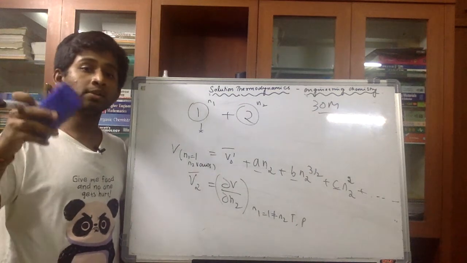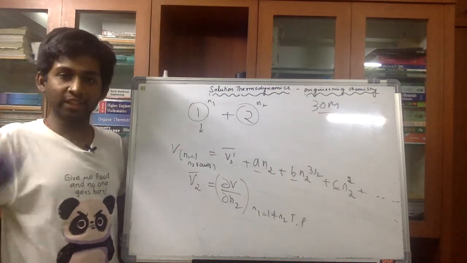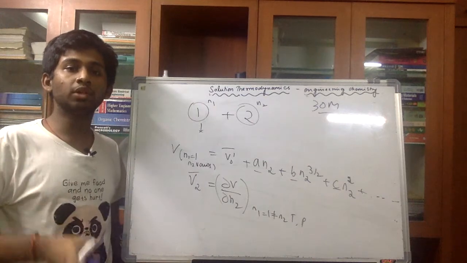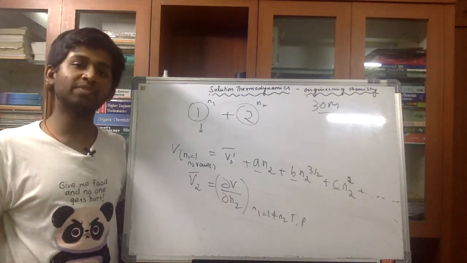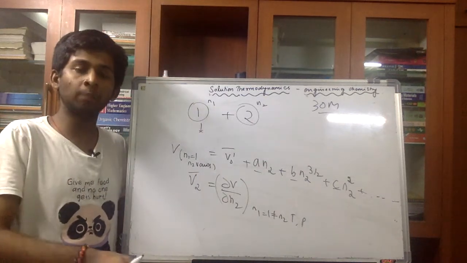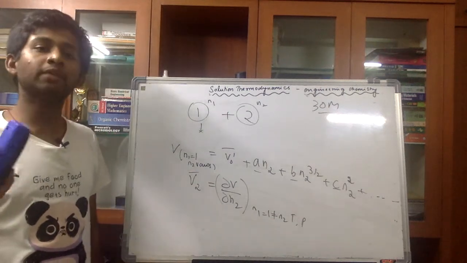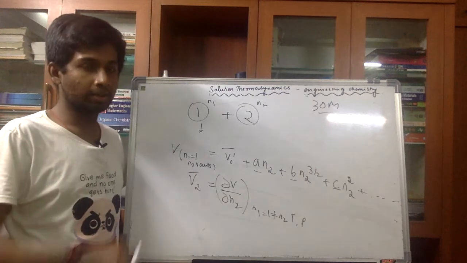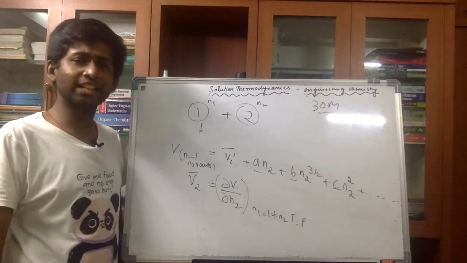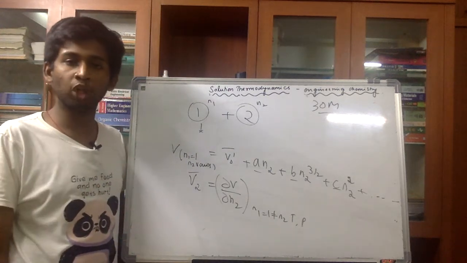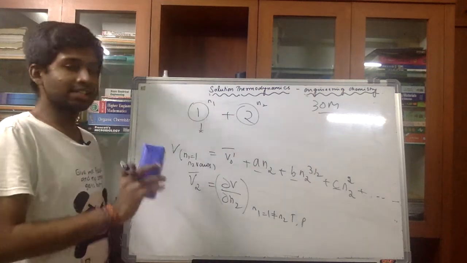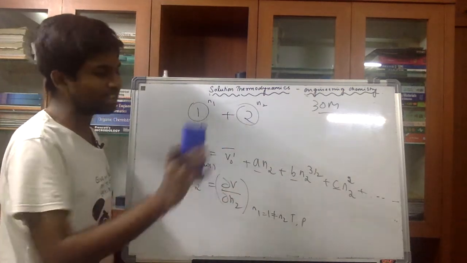So now you will use that equation, and then we derived it till the end as V is equal to VA bar NA plus VB bar NB. That means total volume with respect to the partial volumes. That's how we derive that. Using that, we will bring in a relation so that we can find the partial molar volume of the component. So now we have described the experiment and certain equations.